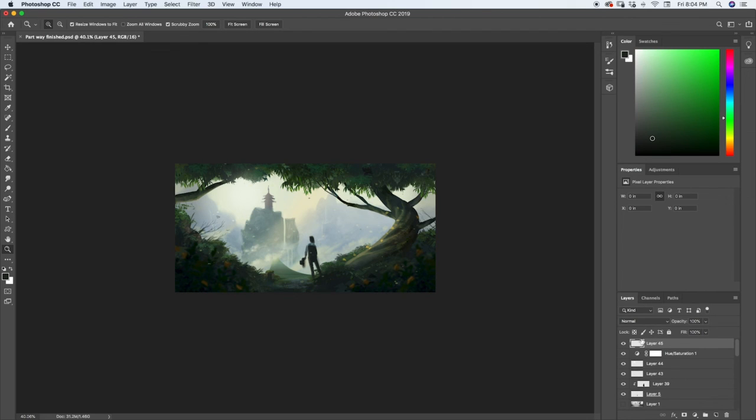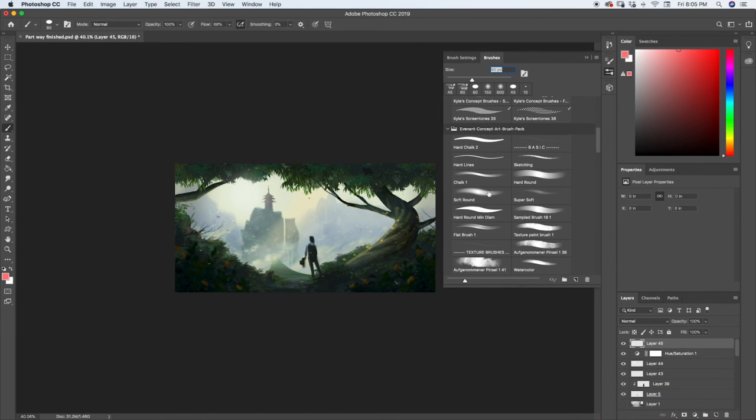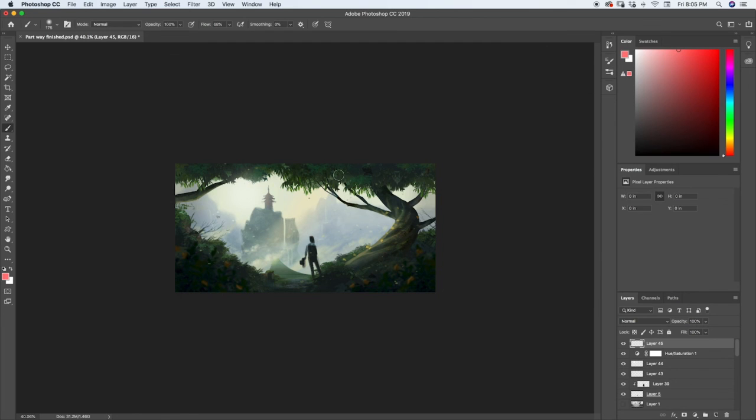So I created a new layer on top of all of my layers. And what I'm going to do is just select a red basically. So maybe something like that. And we can always change the color. We'll see if we like it or not. And then we want to grab a soft edge brush. Like that. And if we change our layer mode to color dodge,